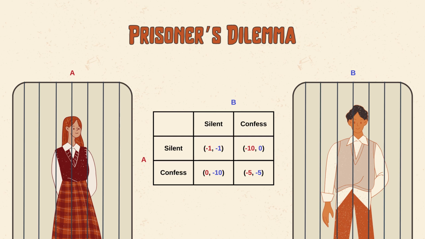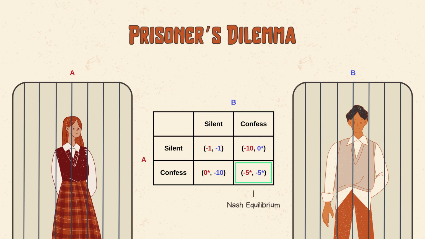Assuming that both players are rational, from A's perspective, if B confesses, confessing is the best response for A, since 5 years in jail is better than 10, and when B stays silent, getting 0 years of prison is better than 1 year. So confessing is still the best response. Since it's a symmetric game, the same goes for B. So confessing is the best response for both players. Every outcome that has all payoffs marked as the best response is the Nash equilibrium, in this case the -5